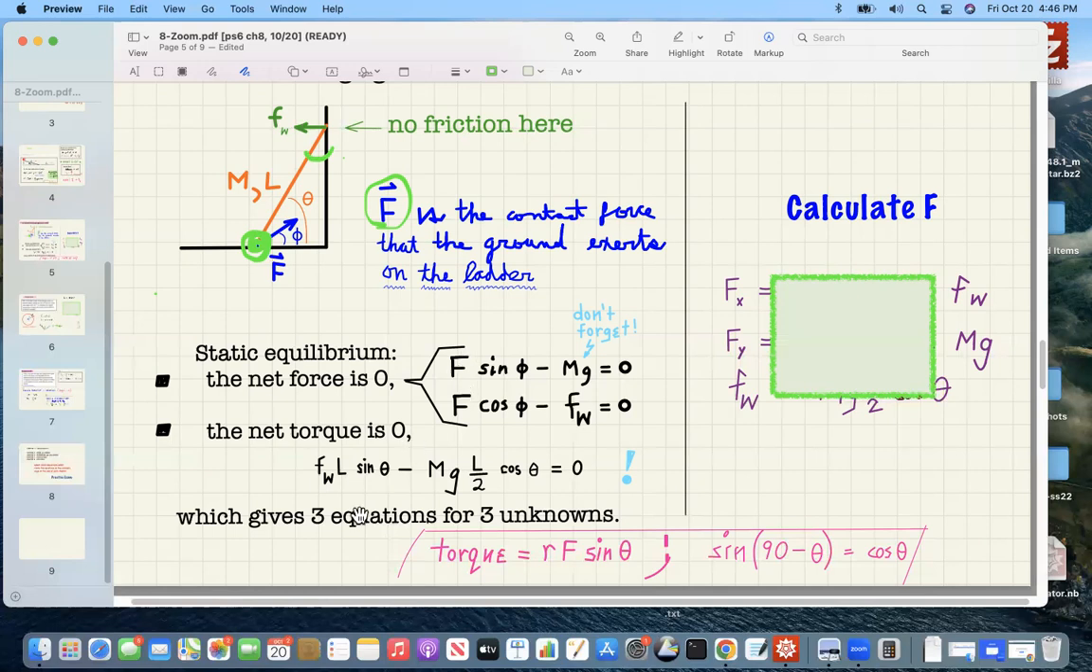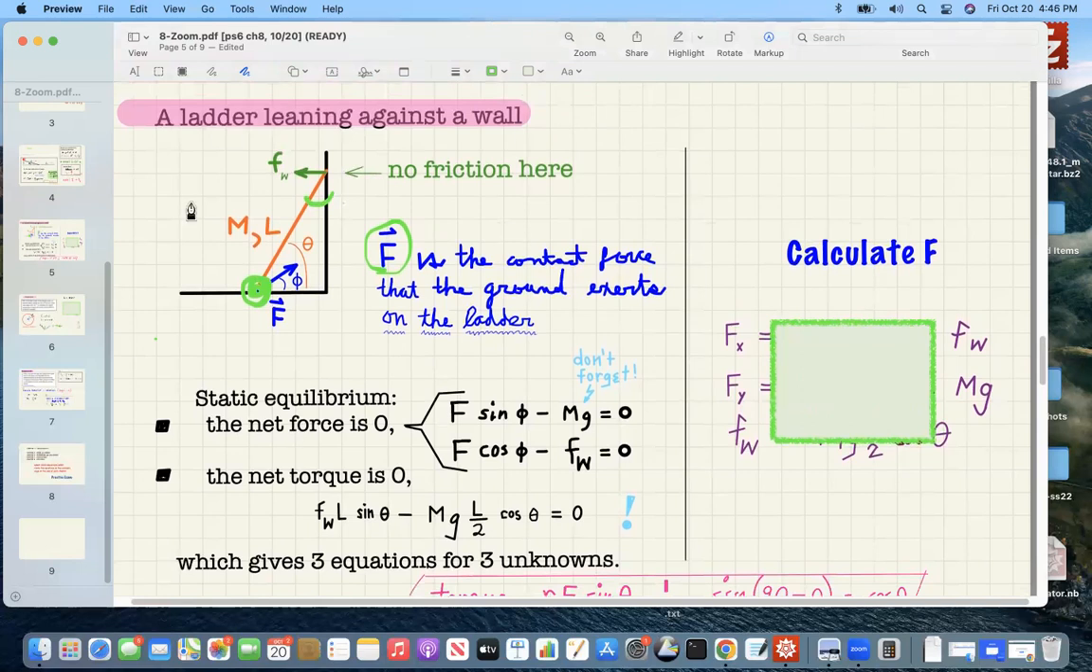All right, so now we have 3 equations for 3 unknowns. So it's like any physics problem. We draw a picture and label it. We write down the equations, and now we have to apply algebra. In this case, we get 3 equations with 3 unknowns, and you have to apply algebra. So, F in the x direction, F cosine of this phi has got to be fw. F in the y direction, that's this direction, that's F sine phi. That's got to be